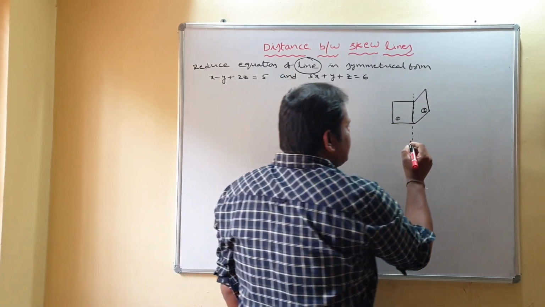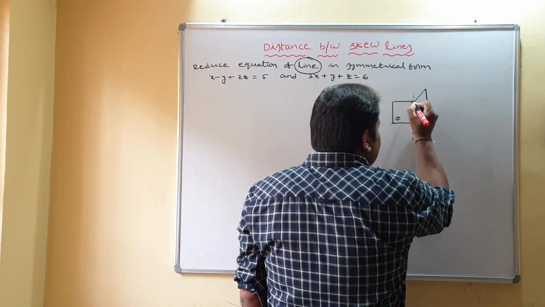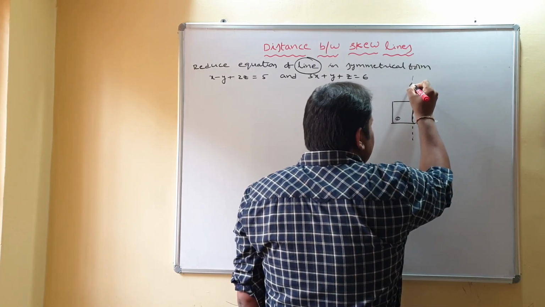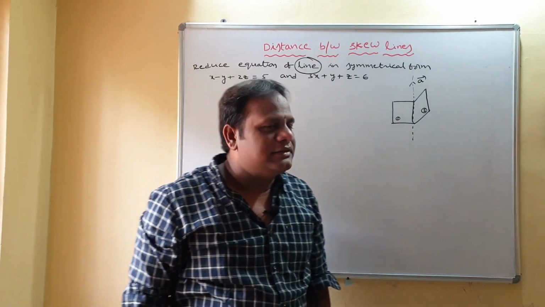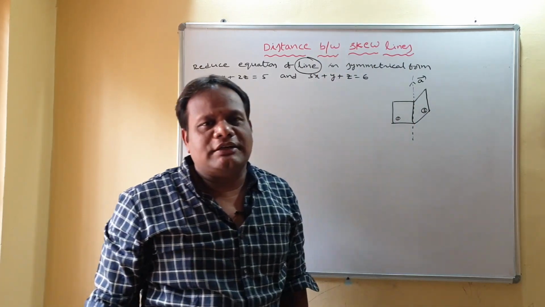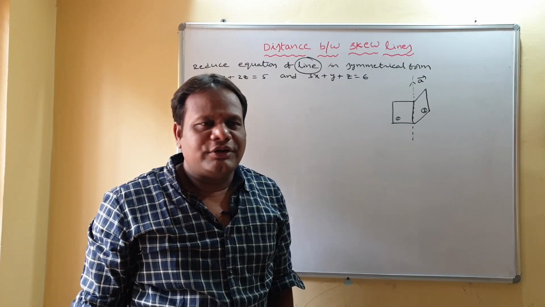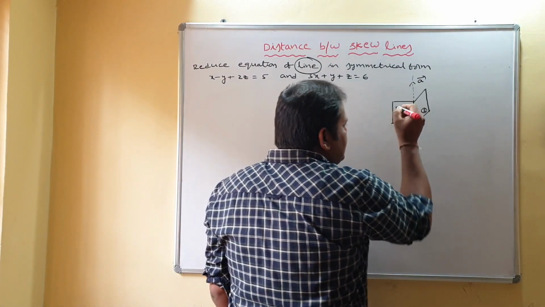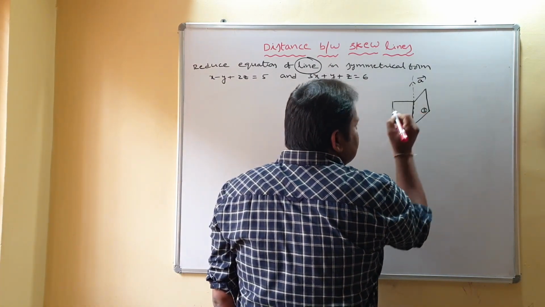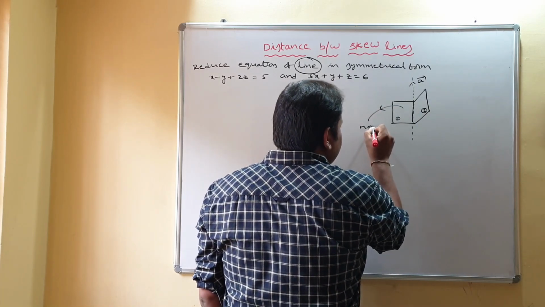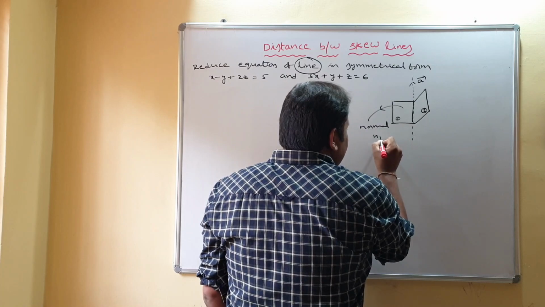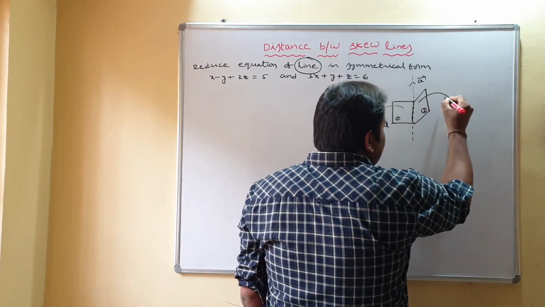So suppose I take the vector along the line as A bar. So A bar represents dr's. Coming to the first plane, one normal is there. So the normal to this plane is n1 bar. The normal to the second plane is